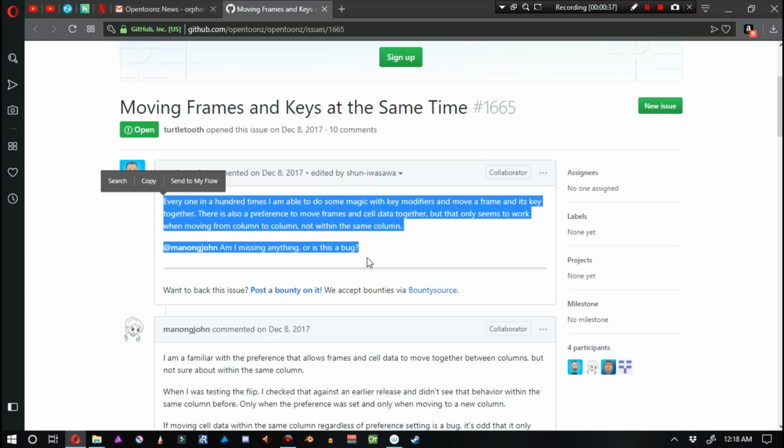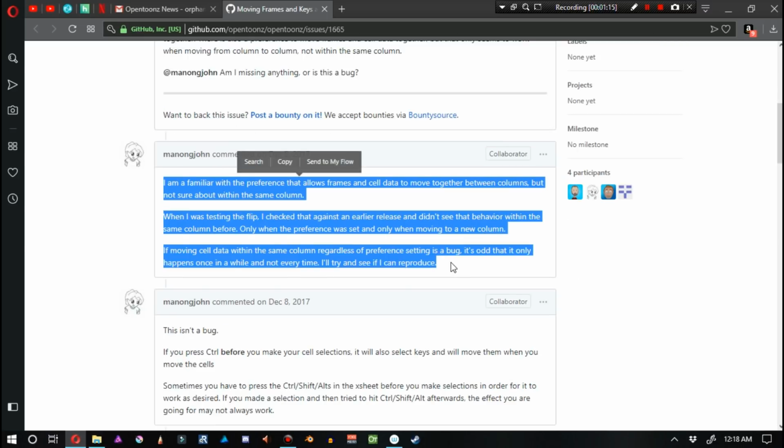There is also a preference to move frames and cell data together, but that only seems to work when moving from column to column, not with the same column. And then he goes ahead and specifically addresses Man on John and states, Am I missing anything, or is this a bug? Man on John goes ahead and responds, I am familiar with the preference that allows frames and cell